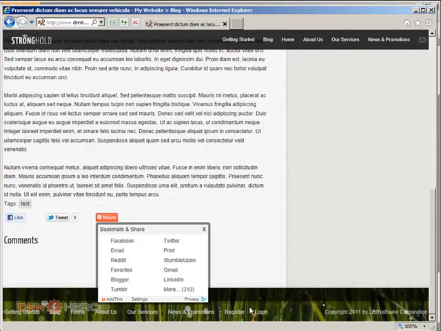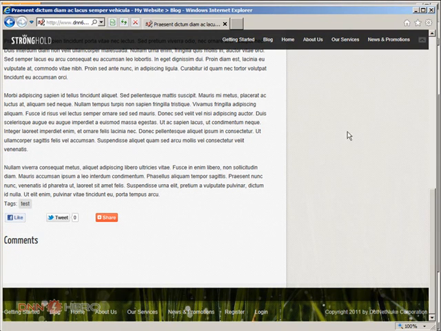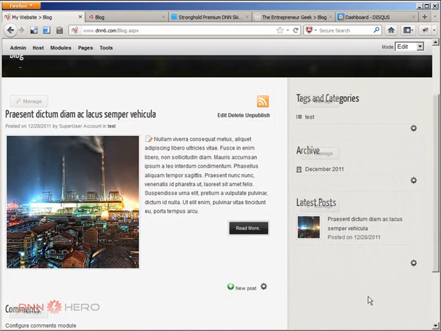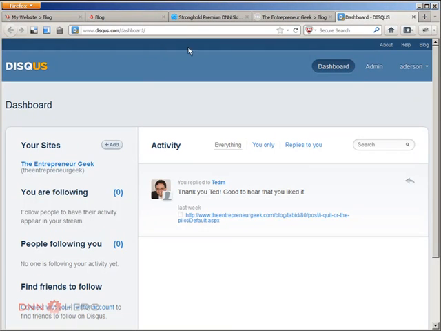Now, there is something that I want to mention about comments. This module, PostIT, integrates with a service called Discuss. Discuss is a discussion platform where you can open your own free account. I think it has a free account and a paid account, but the free account should be pretty okay. So you can open an account, you can create many sites under it, and the entire discussion will be managed